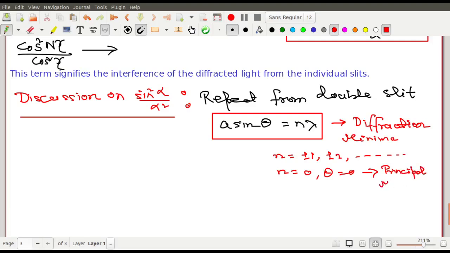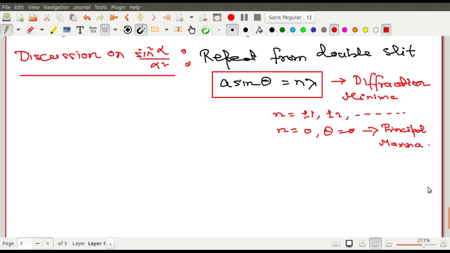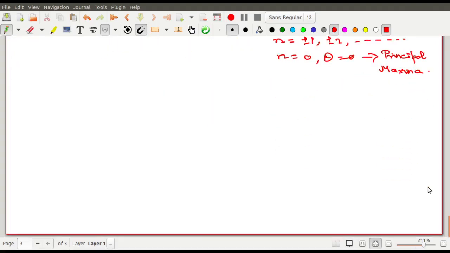And why principal maxima? That is also something you know, because the diffraction maxima are of different heights. Diffraction maxima height আলাদা আলাদা হয়। তো সবথেকে বড় যে ম্যাক্সিমা, the maximum which is formed at the central position of maximum intensity, that is what is known as the principal maxima. But here you will see that there are many principal maxima. আজকের ক্লাসে সব উল্টে পাল্টে যাবে। So today's concept will be completely different. So now come to this discussion and pay attention over here. এইখানে attentionটা দাও, আজকের attentionটা।